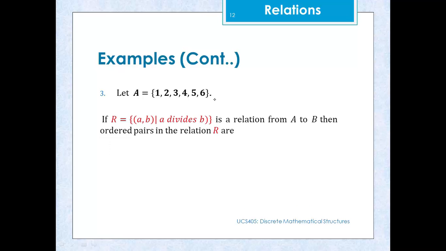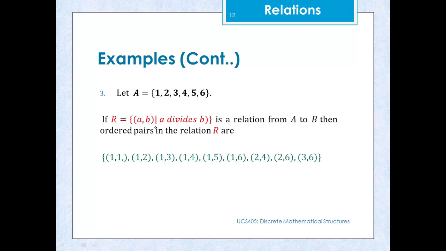And if we are defining a relation R such that A divides B, so obviously it can be said as a relation from A to A, then the ordered pairs in the relation R are, see that we are defining this relationship R on this set A itself. So if we say that A divides B, that means in the ordered pairs the first element should divide the